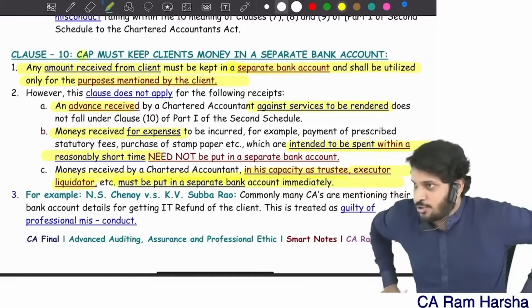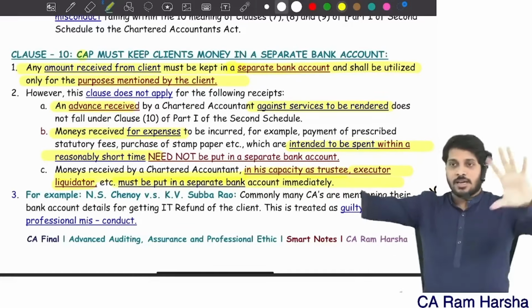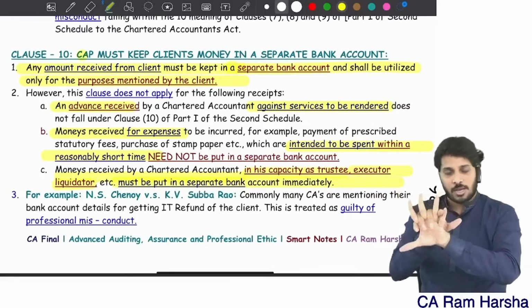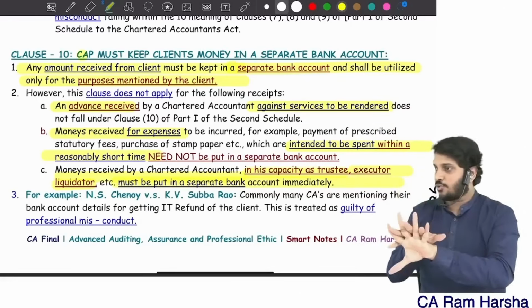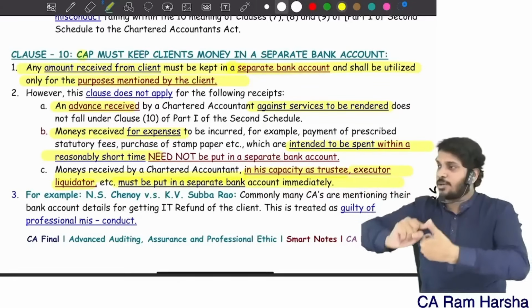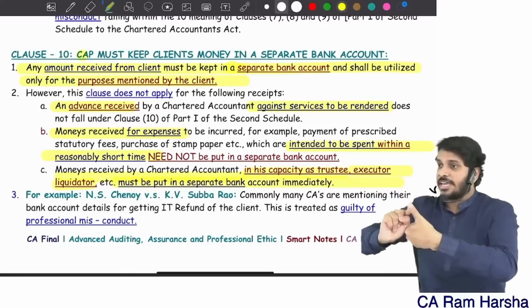Shall we do revision of these clauses? Yes. Right now, just now we covered this. Part number 1, schedule number 2. Clause number 1. A CA in practice is treated as guilty of professional misconduct if he is disclosing information belonging